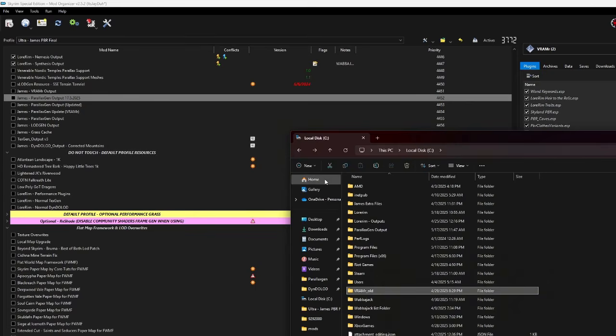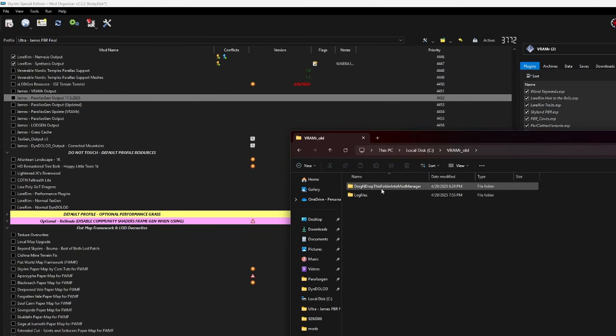You're going to go ahead and go into that folder, and you're going to find one that says drag and drop this folder into Mod Manager. Now, put very simply, that's exactly what you do with it. Where do you drag and drop it? Technically, it could be anywhere, but for ease and purpose, you want to find